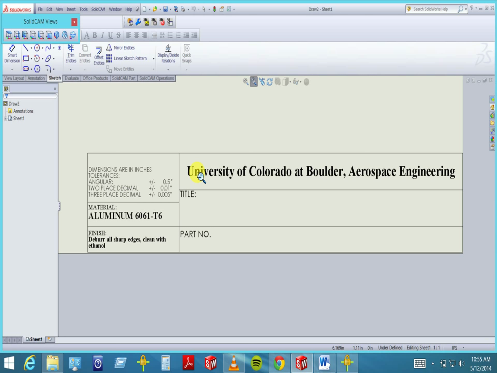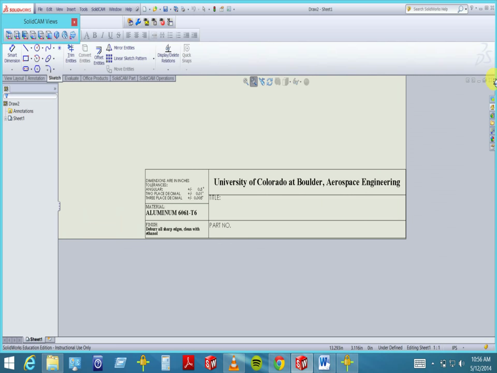Okay? You might want something different. You might not want University of Colorado at Boulder. You might want to put your team name in there, your project name. Maybe you do want a CU. Maybe you want a little CU logo instead of it all spelled out. Whatever you want. You may want